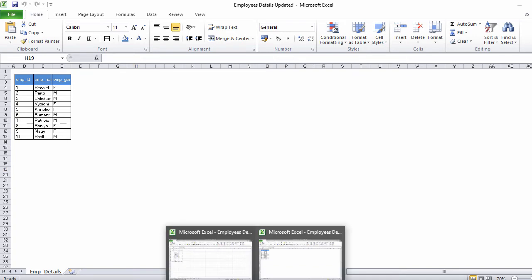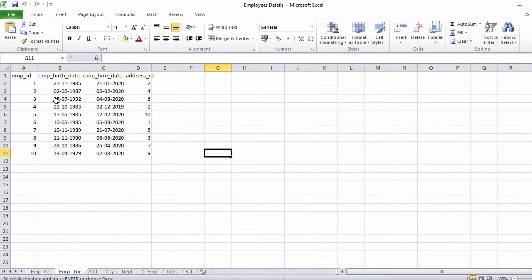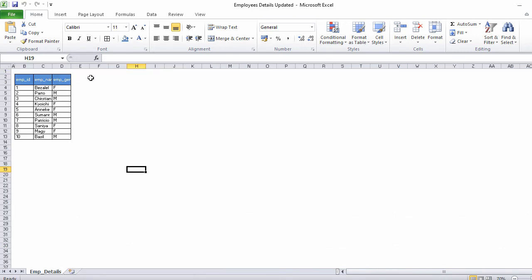In the next tab, in the same way I'm going to create the next table. For that I go to the next tab and copy the header, and in the same way I leave one column and one row. Now I select this header and copy it. I do the same, and our header is ready for the second table.